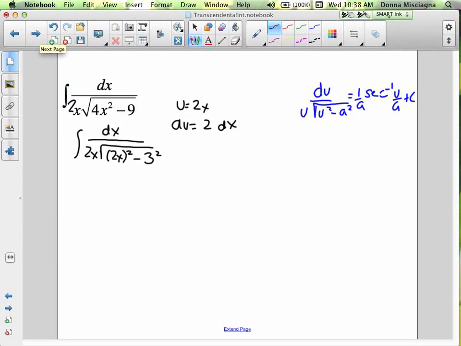Oh, we don't have a 2. We don't have the 2 because this is the u right here. We are missing the 2 because that 2 doesn't count. That 2 is the u. All right, so we are missing a